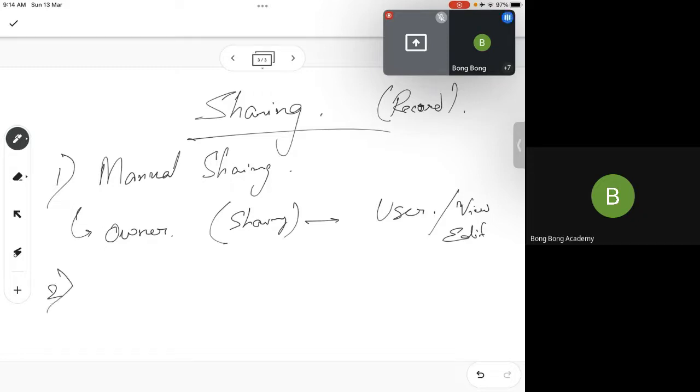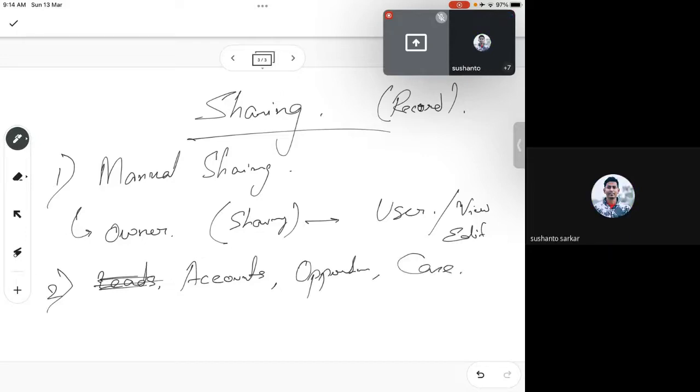For certain standard objects like leads, opportunities, and cases, only these three objects, we have something called teams.